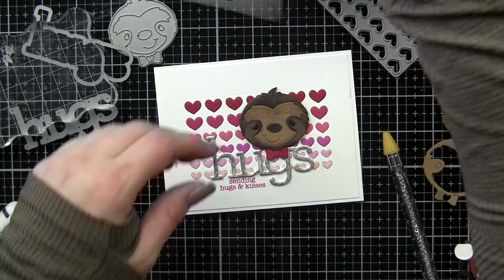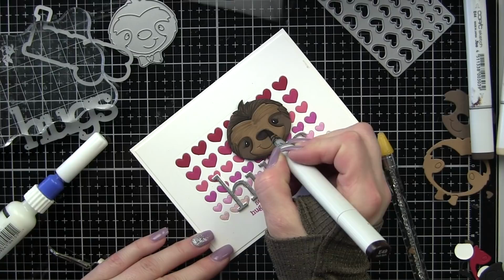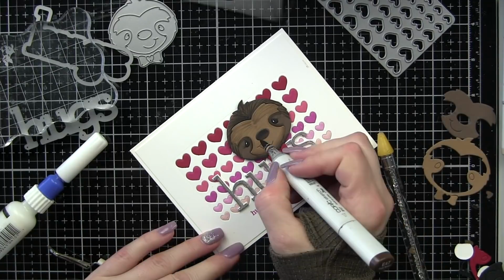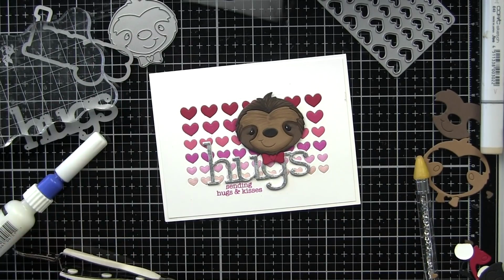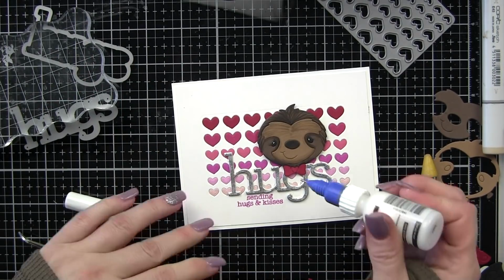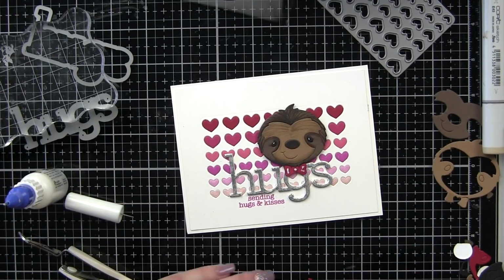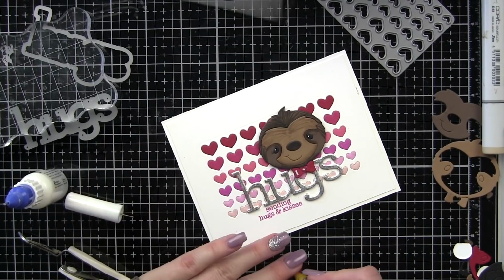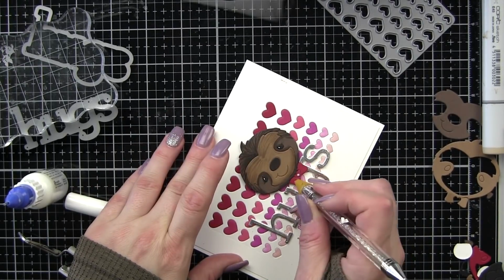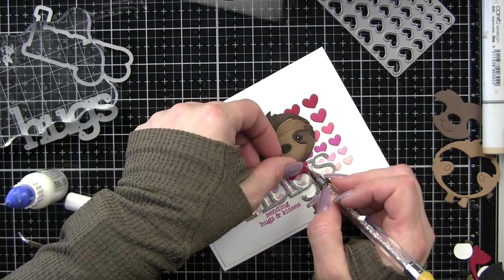Here is that black pen used to add eyelashes to the sloth, the little white highlights. Look at his face coming to life, y'all. Just think he's so cute. And then we're going to put a little white highlight there on his nose. Let's go ahead and put some adhesive on that bow tie and let's layer the rest of that on like I said. It really does make a big difference, and I think it looks much better with those 2 layers